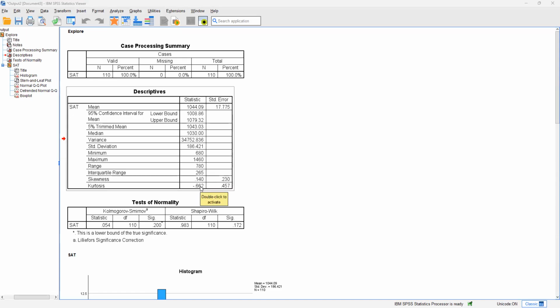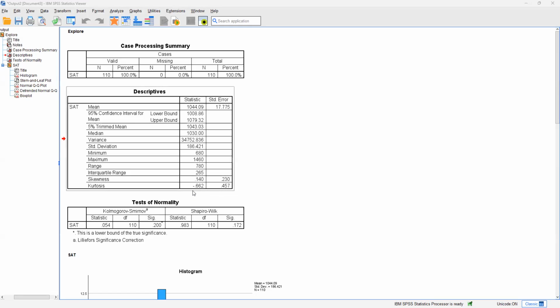Kurtosis. The negative and the positive signs for kurtosis indicate the amount of peakedness or flatness. A negative coefficient indicates a flat distribution, a platykurtic distribution. A positive number indicates a peaked distribution, or a leptokurtic distribution. But again,